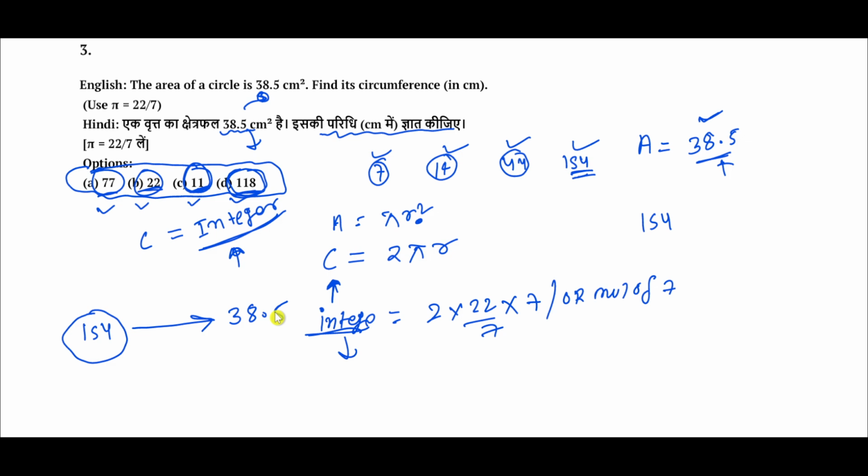I again say to you, I do not provide you the solution of these questions. In the upcoming class, I will provide the correct solution, how quickly you solve this question. I have the purpose to explain only how you react, how you think about any particular question by seeing the nature of options, by seeing the nature of given values, area, circumference, radius, diameter. Seeing the nature, you have to estimate what I can take in this.